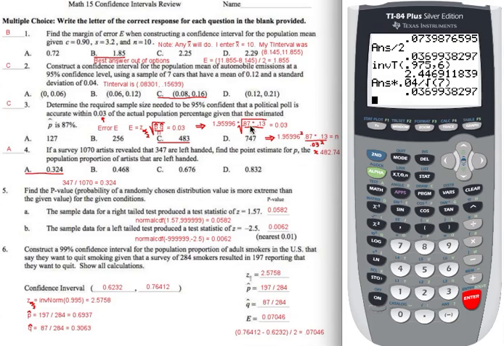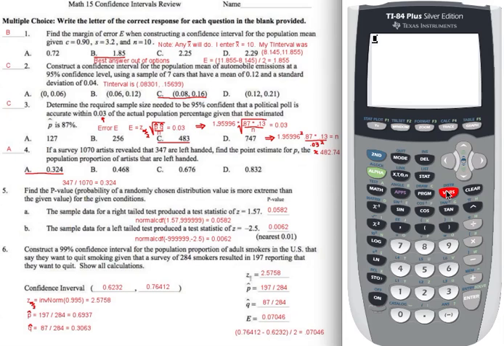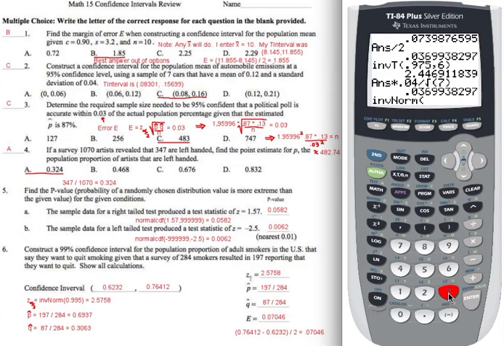So my calculation first of all would be, how do I obtain my z-score? Remember, z-scores are second and then the VARS, which is DISTR, inverse norm, which is number 3. And now for this particular area, I'm going to have to find the area